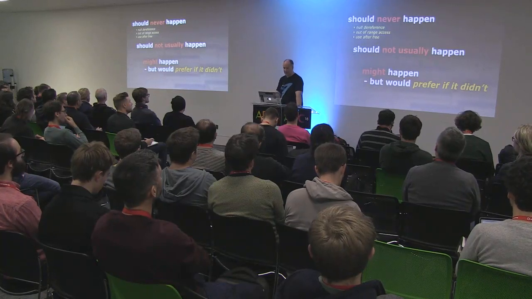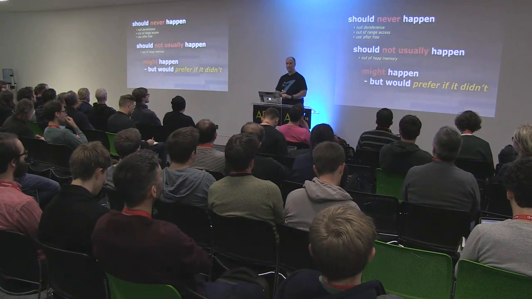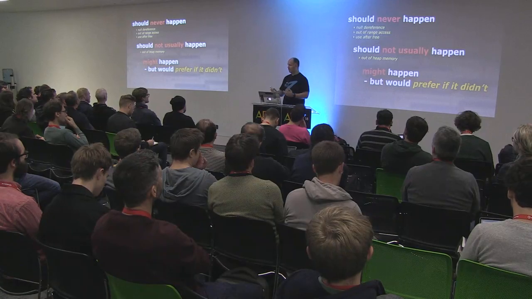They should not usually happen, though. These are things that we often rely on not happening, like being out of heap memory. In fact, that's the canonical example. But they can happen, and it's legitimate when they do. It's not a bug. It's just a fact of life that we have to deal with, which makes it really awkward to deal with because, particularly looking at out of memory, this could happen any time from almost any line of your code, to a first approximation.